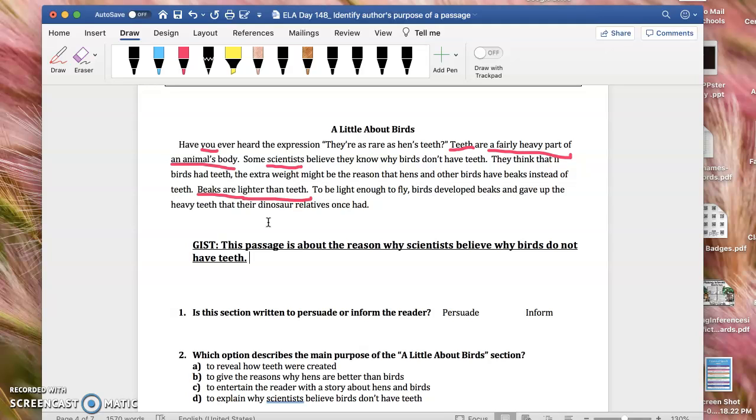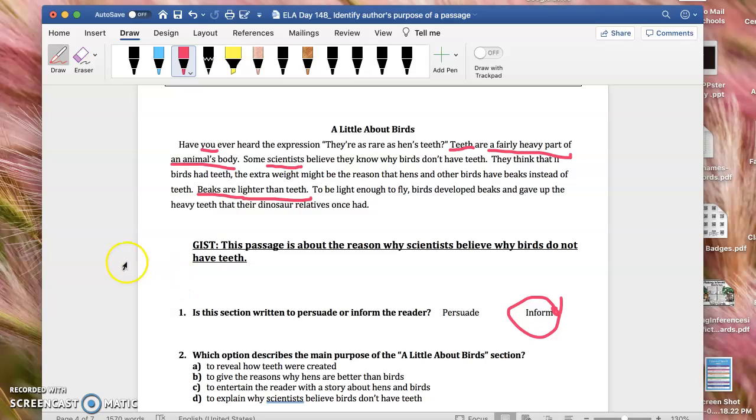Okay? All right, good. So when I think about this text, I already know that it's not entertaining me, right? So we don't even have entertain here because we know that that's not the case. It's not a story. So when I think about this particular passage, I need to ask myself, is it persuading me to do something or think something, or is it just informing me about something? Even though they use the word you, they only really used you one time and not throughout the whole text. Throughout the whole text, they were talking about teeth. They were talking about how birds don't have teeth, and why they don't have teeth, right? And so they're giving us this information about why birds do not have teeth and what it means for them, okay? So in my mind, I know that this must be informing me,